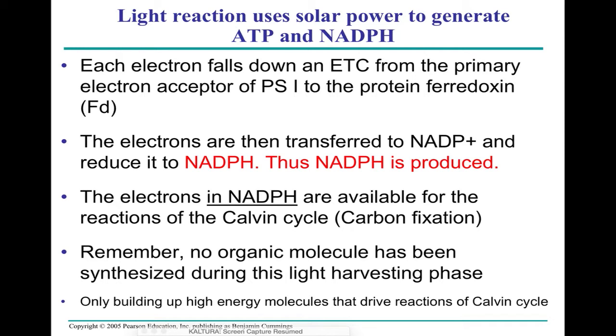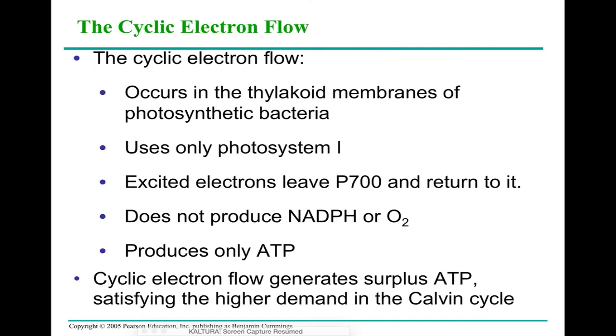Well, coming back to our concept from dreams, light reaction uses solar power to generate ATP and NADPH. Yes, that is what happened, right? And now let's see how the energy from ATP and NADPH will be used by plants to make their food. Cyclic electron flow. The thing is, in cyclic electron flow, which also occurs in the thylakoid membranes of the